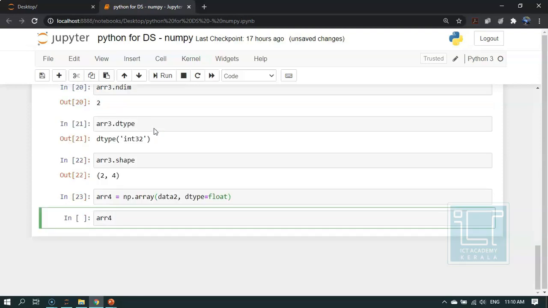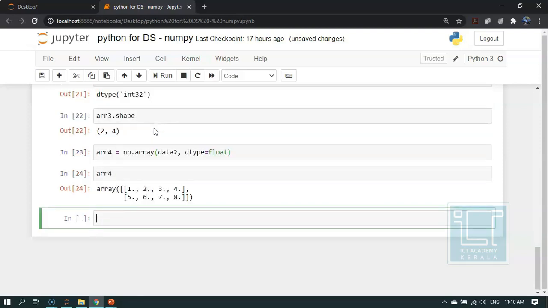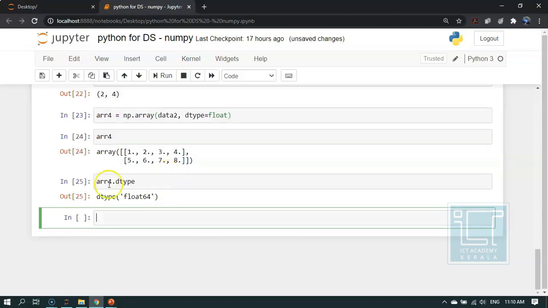Now if we check arr4, we can see that a decimal point is added to each value, and if we check for its data type, we can see that it is floating point data.